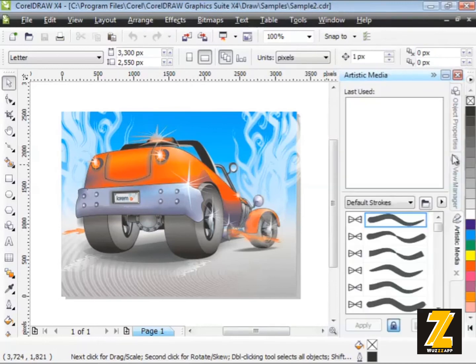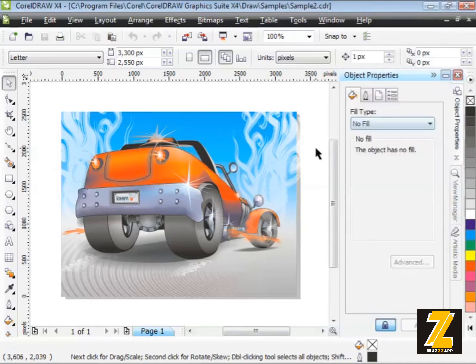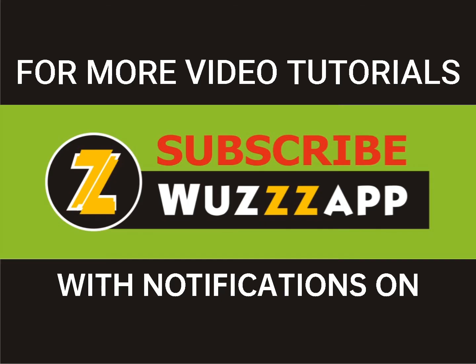Okay, great. Now, next up, let's take a look at how we can work a little bit more tightly, a little bit more closely with our dockers. To change your